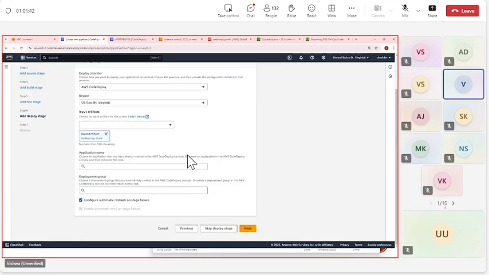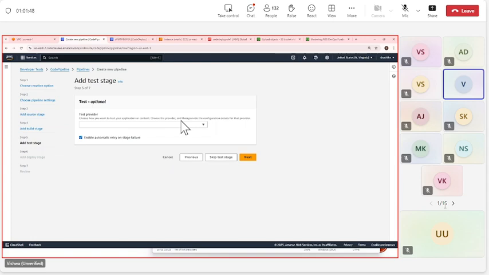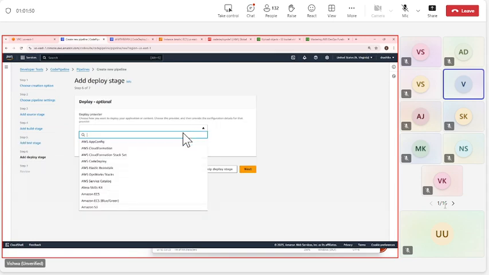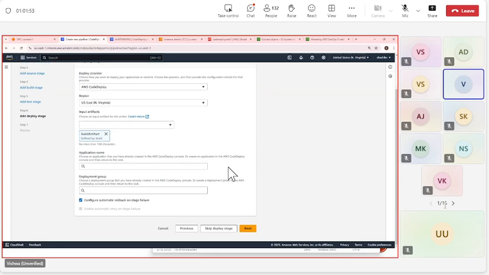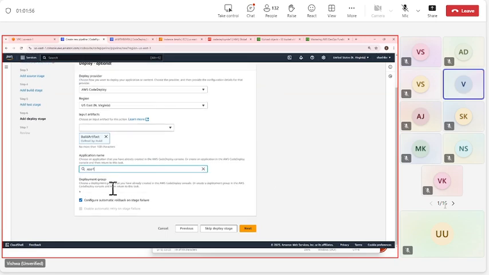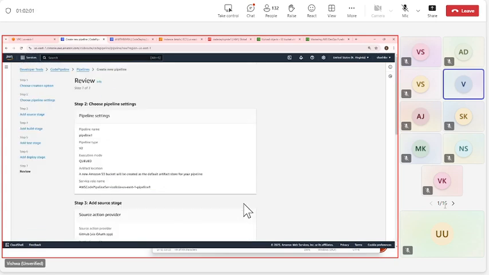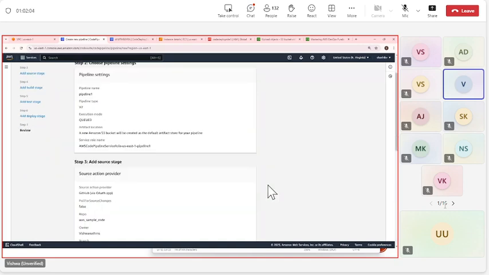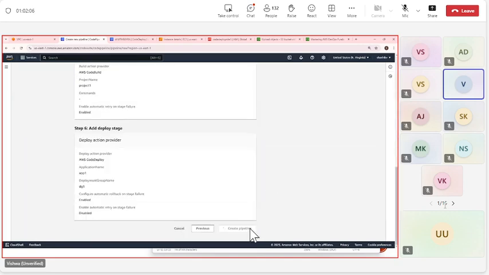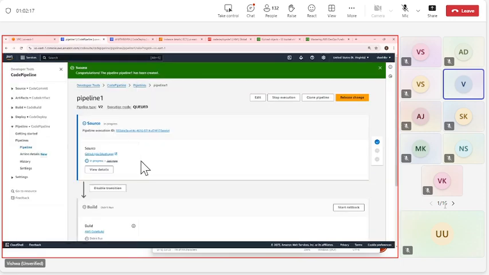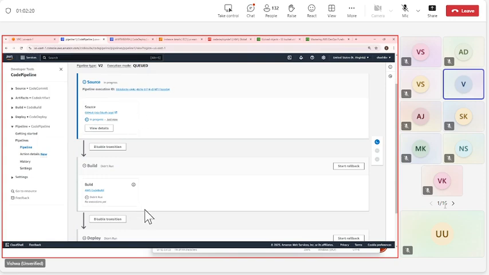Right? Now, as part of the pipeline, I will have to go previous, next, CodeDeploy, and the deployment. You see, I'm putting it as part of the pipeline. I just did it manually; now I'm putting it in the pipeline. See that? Then create a pipeline. This is how you create a pipeline. So if I do any changes to my GitHub file, this pipeline will automatically trigger. Right now, it may go or it may not go.